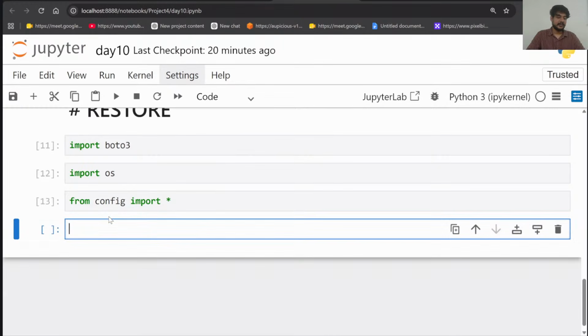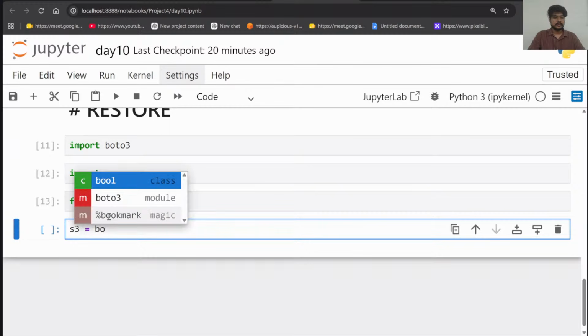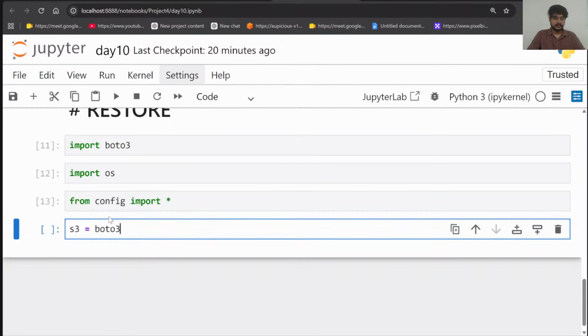Now again, the same way, I'm creating the S3 variable inside Boto3, and the client I want to use is the S3 client.